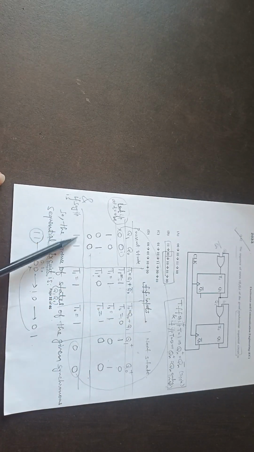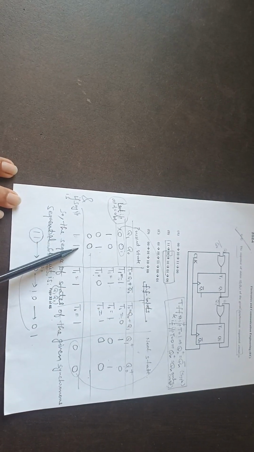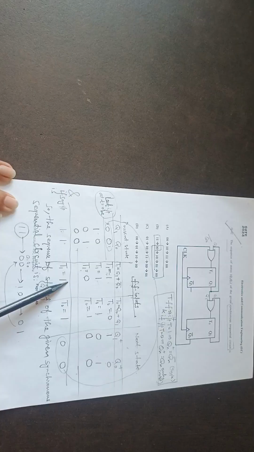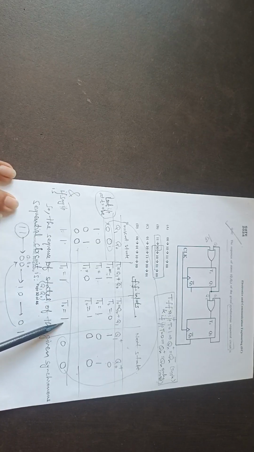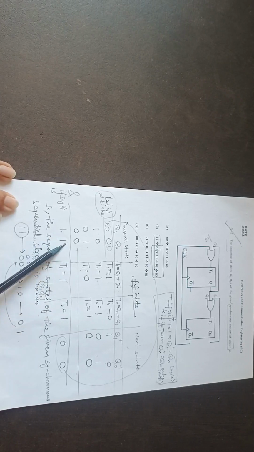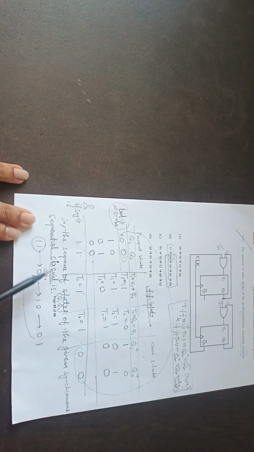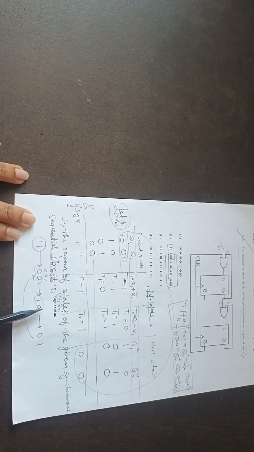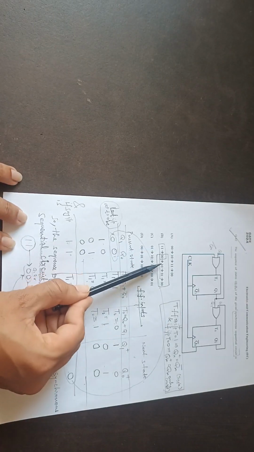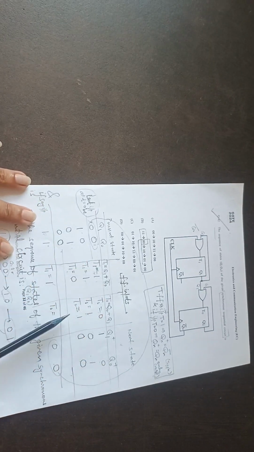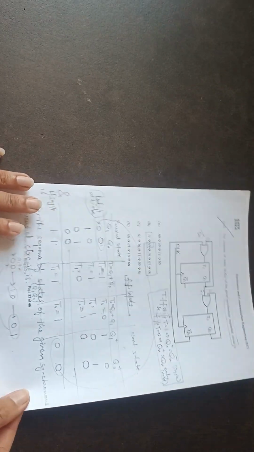And what if, let's say, somehow the counter goes into the 1 1 state, then what will happen? t1 will be 1 plus 1 bar, so it is 1, and t0 is the sum of both, so it will be 1. So both T flip-flops are in toggle mode, so it will invert both of them, so it will be 0 0. So even if it is in 1 1, it will go to 0 0, and from 0 0 it will go to 0 1, and then 0 1 to 1 0 to 0 1, then again like that. So this is the correct answer to this question. So all such questions can be easily solved using this table. Okay,